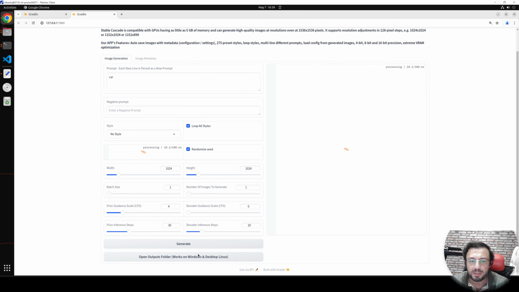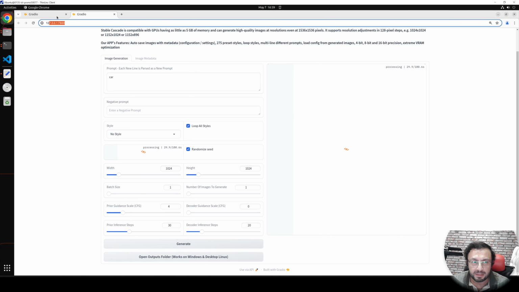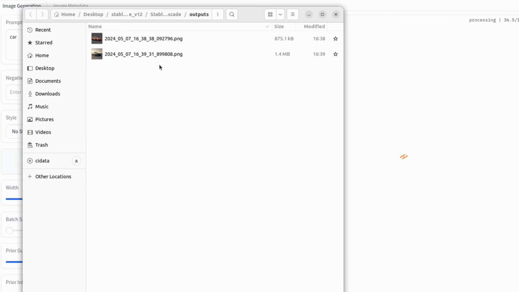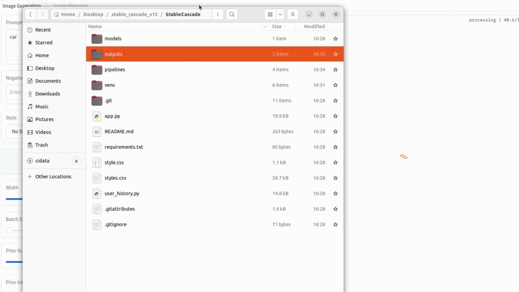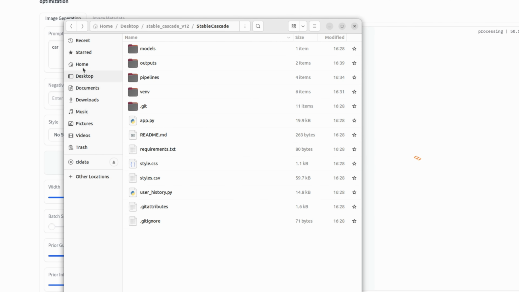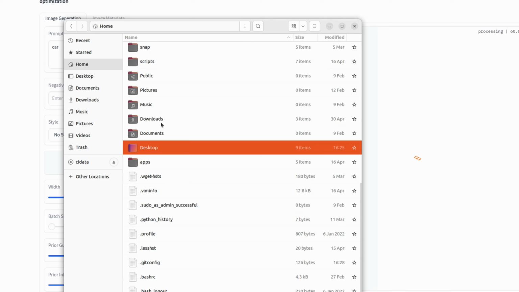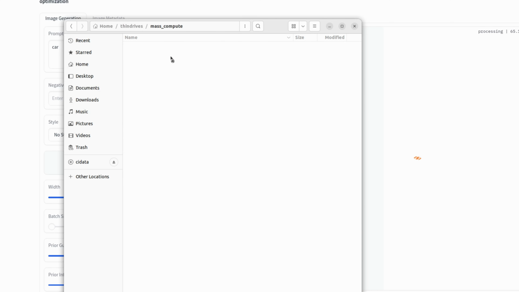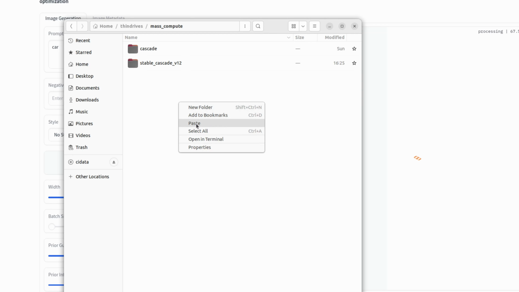or your local device. Since currently this is running on a desktop Ubuntu, and I am at the local URL, not at the Gradio Live Share, I can click this icon and it will open the outputs folder as you are seeing. So to transfer them to my computer, all I need to do is go back to the upper folder, click here and copy this, then click this home here, then you will go to the ThinLinc drives here, enter inside here and paste it.